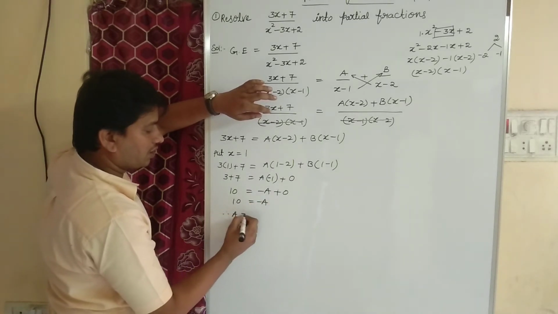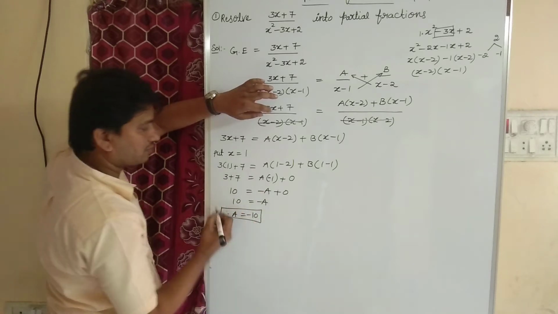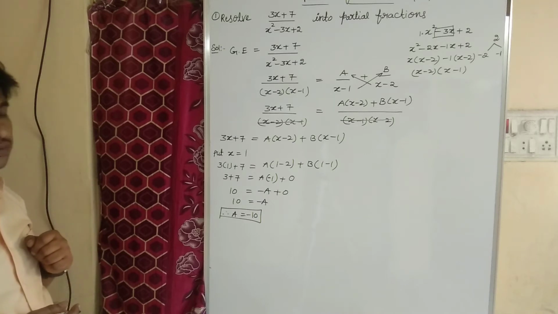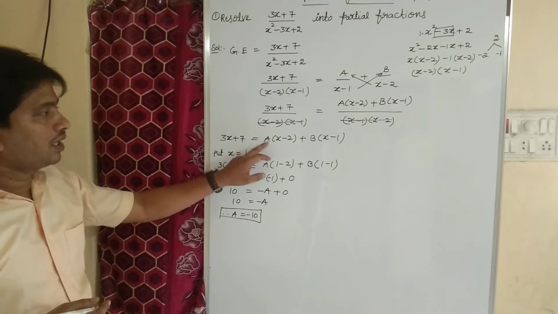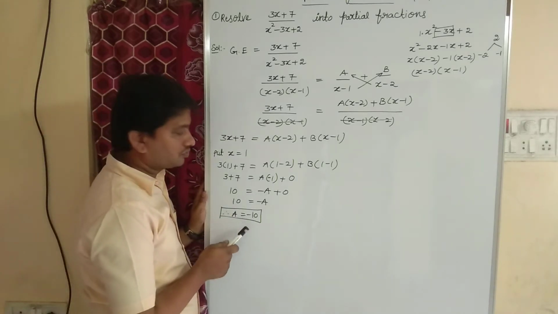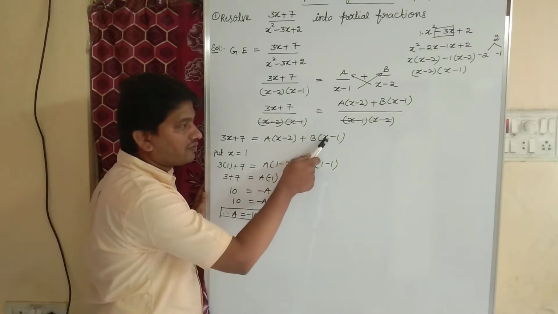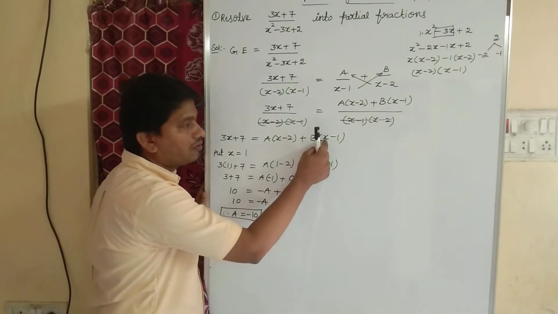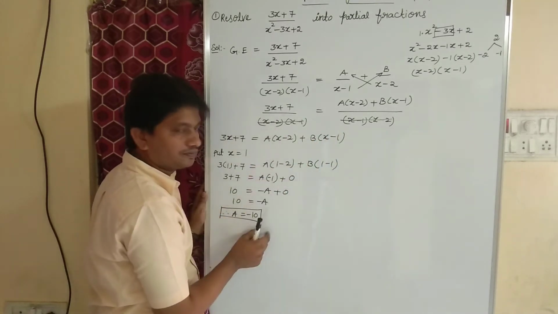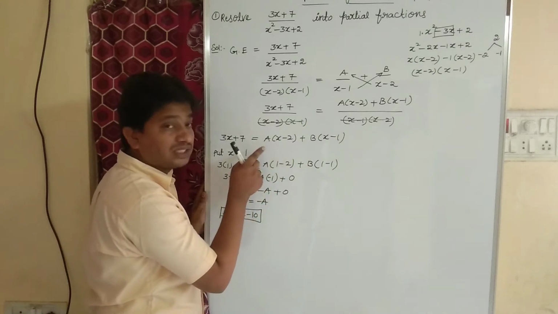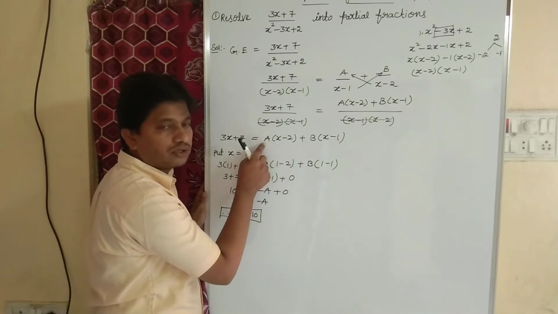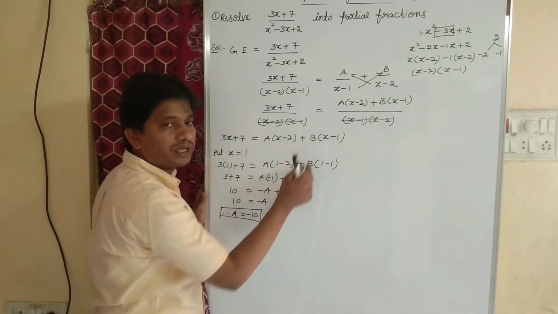Therefore, what is the value of a? The value of a is minus 10. We got the value of a as minus 10. Okay. Now, I want to make the a term 0. If you listen carefully, to get a value, in the place of x, what did we substitute? 1. Because here 1 minus 1 becomes 0, this total term becomes 0, so that you will get a value. Suppose if you observe carefully, in the place of x, if I substitute 2, 2 minus 2 will become 0. Yes, so that you will get the value of b.